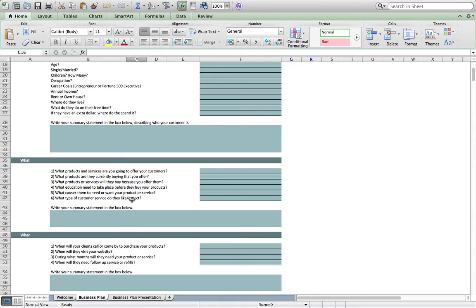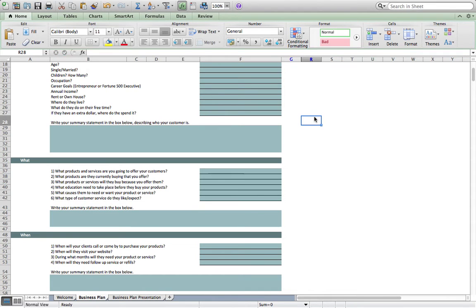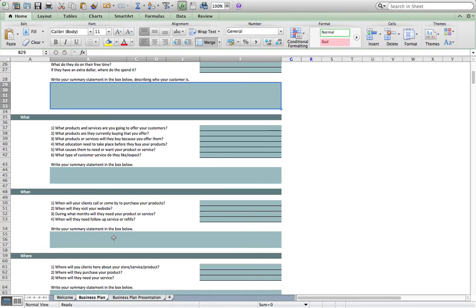This is different by industry. Some people don't want after the sale contact, other people want follow-up. So you need to know your company and your industry. Another note here is if there's a question that you feel is specific to your company and industry, go ahead and just delete one of these, or if you know how, add one. And after you answer these questions, write a summary statement right here as to the who and the what,